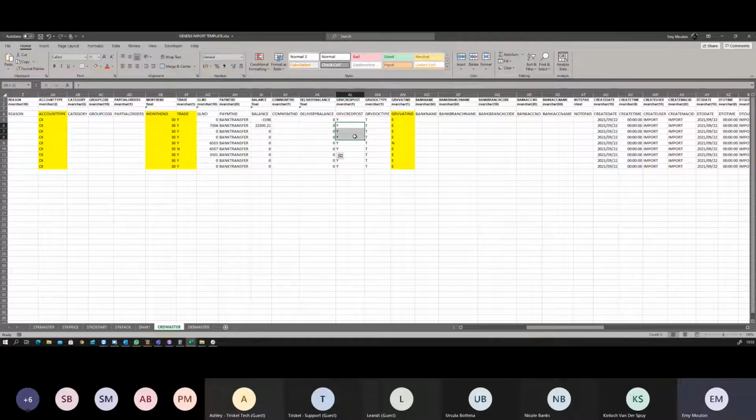Delivery balance, I don't think that's being used. GRV rebates posting. This is to say if you earn rebates. Document type is, yeah, tax invoice. That's the correct term. That's the VAT indicator